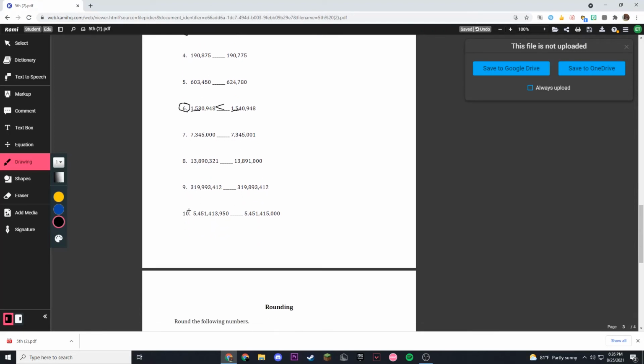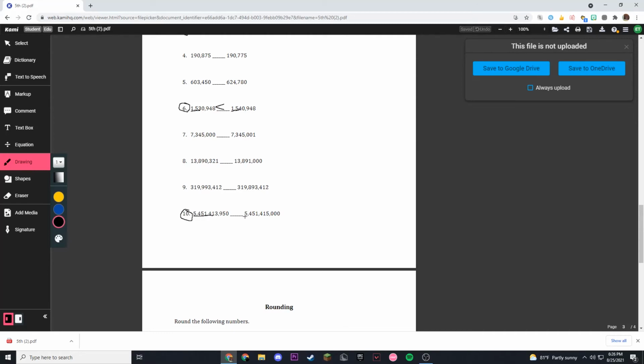We're going to do the biggest number here, which is number 10. Here we have the digits 5,451,413,950. And here we have the digits 5,451,415,000. If we skim through the numbers from the left, we see that each number has the same digits up to here,